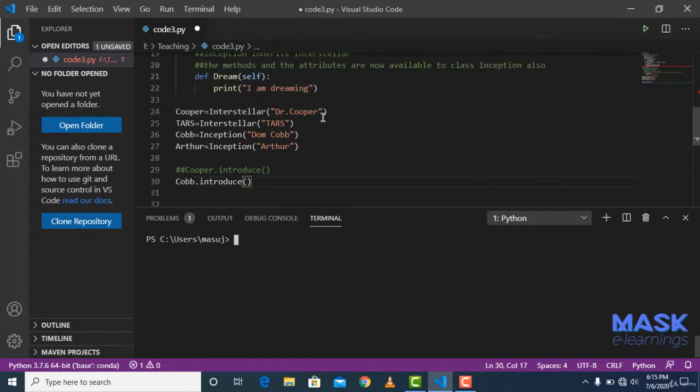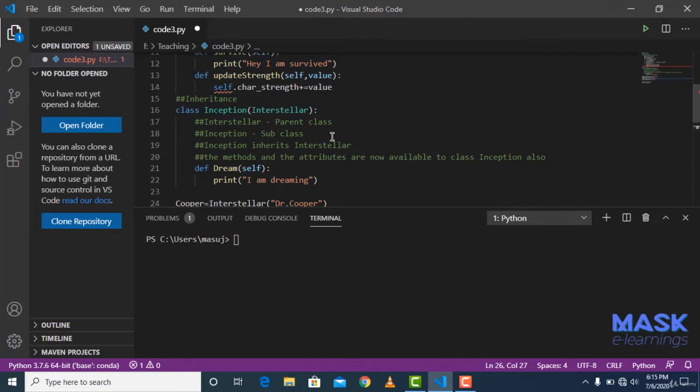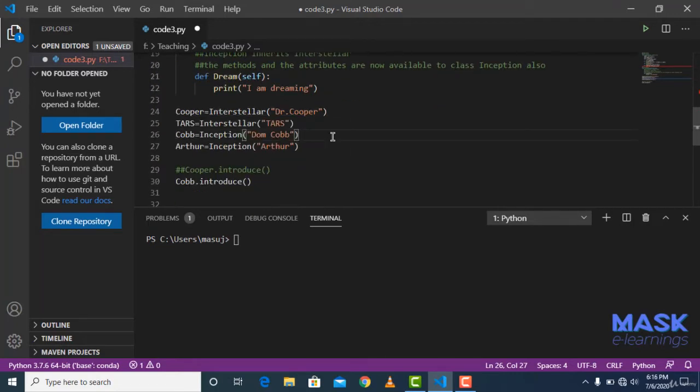What is basically method overriding? Recall that we have two classes here, one is the parent class and the other is the subclass. My parent class is Interstellar and my subclass is Inception. Remember that Inception inherits Interstellar. Whenever I create an object of the subclass, say Inception,